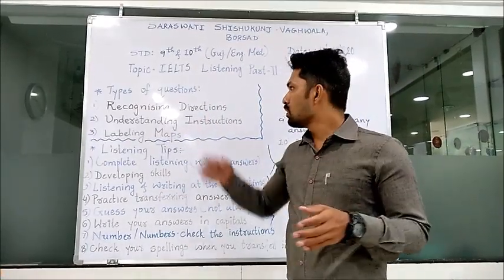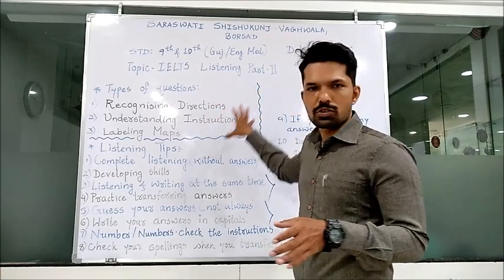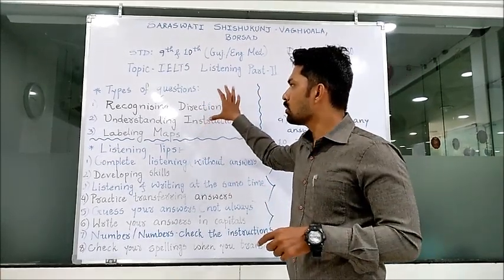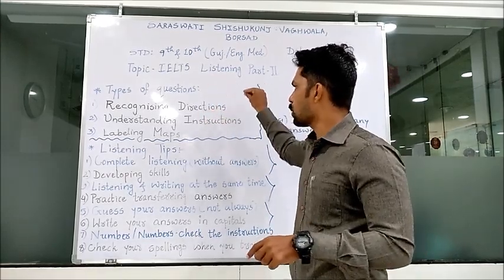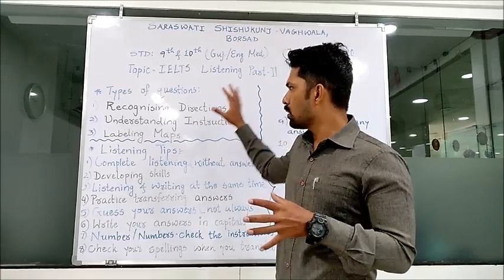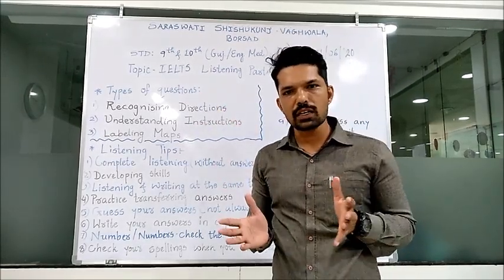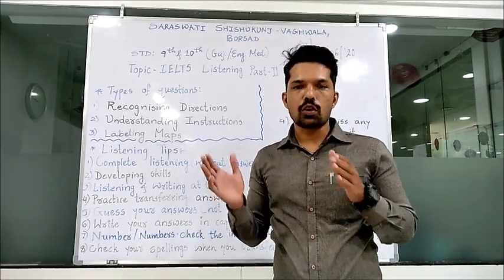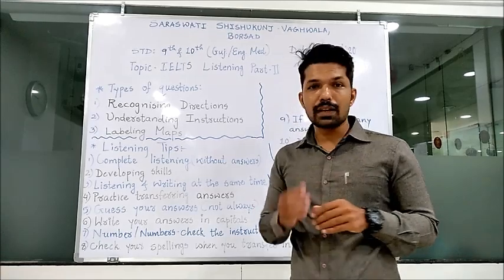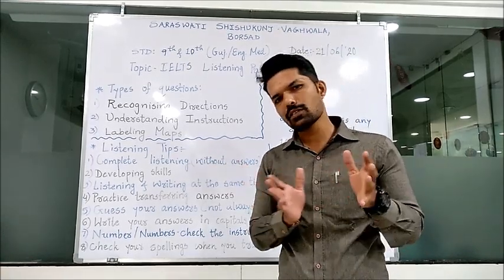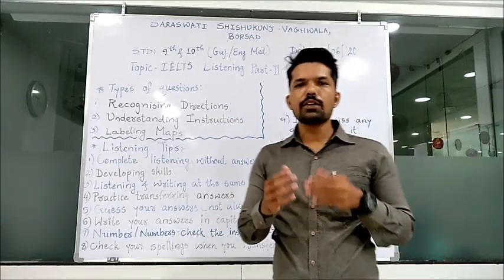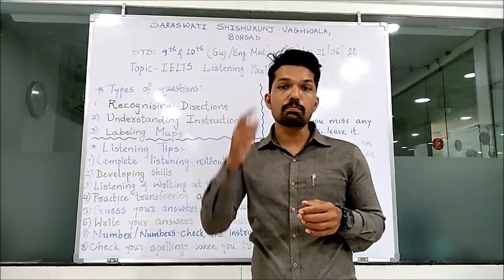So first of all, you saw the 3 types of questions. Now let us see one by one and understand what the meaning of these questions is. Recognizing directions. If you read it carefully, you can understand very easily that we have to recognize, or you can say identify, the directions. Now what is direction? Direction क्या है ये आपको तो पता होगा. Directions means दिशा. तो इसमें क्या होता है generally that you have to identify the directions by listening to the